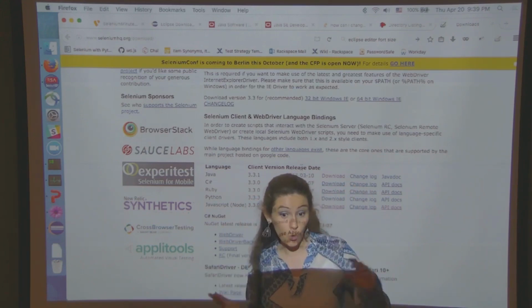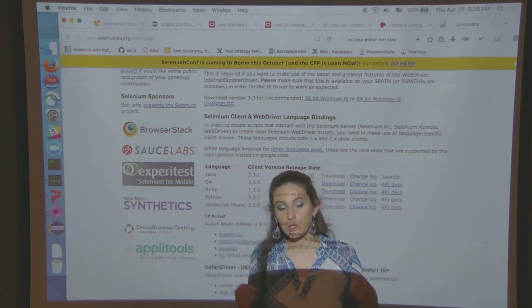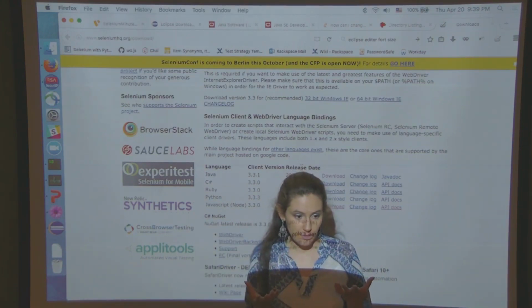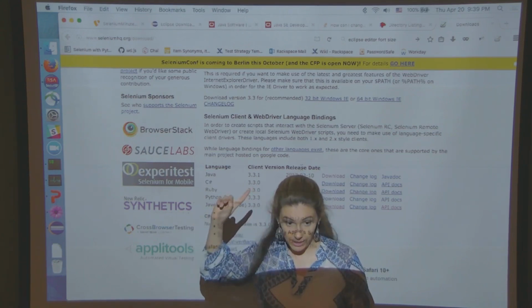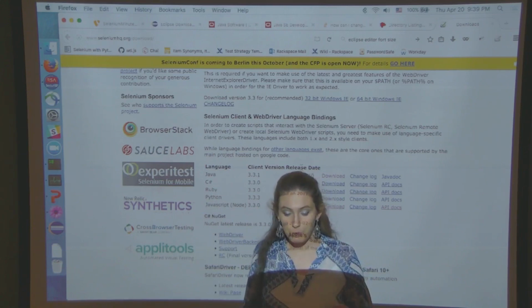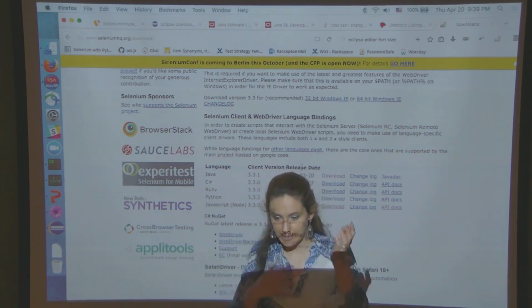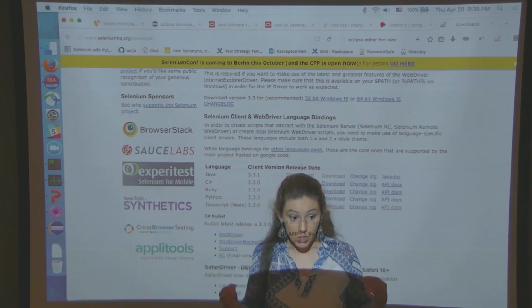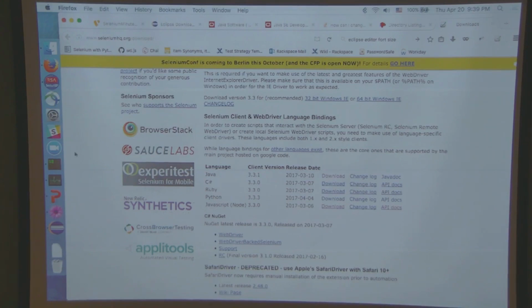And in the olden days, a whole 5 or so years ago, we actually had to manually boot up the server. What does that mean? It means we would download the Selenium standalone jar, like we just did right now. And in order to actually run our test, we would have to boot it up. We would have to say java -jar selenium-server.jar, with a whole bunch of parameters, and it would actually start up. I'll show you what it looks like. It's actually pretty easy for me to do that, so let's do it.